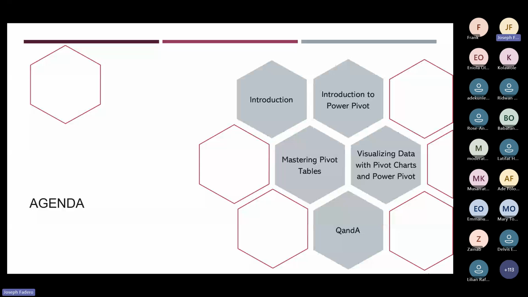Agenda for today. We've had a bit of an introduction talking about myself and what we gained in the previous session. Today's session, we're going to be looking at some powerful things in Excel. We're going to cover a whole lot. But the key topic today,